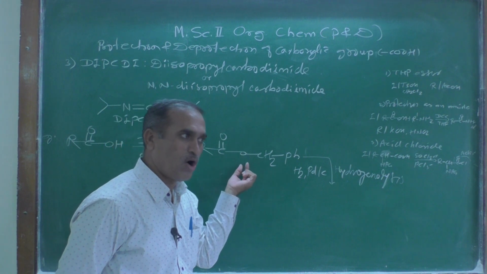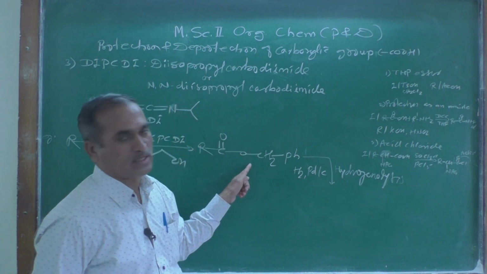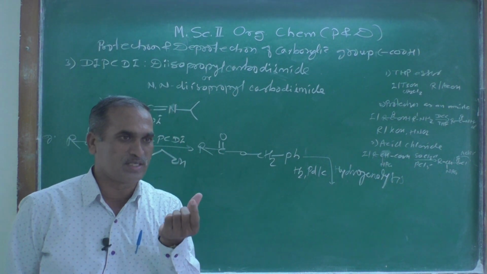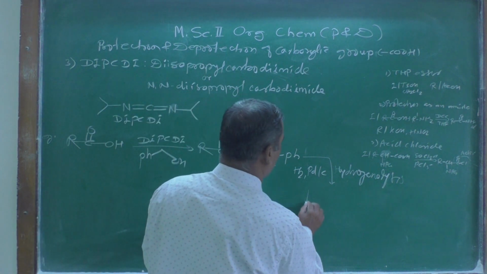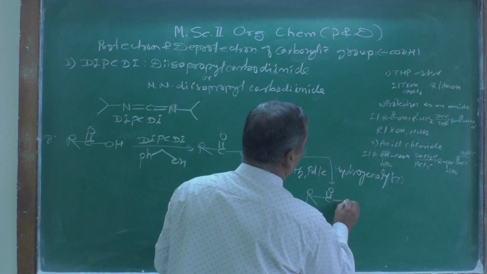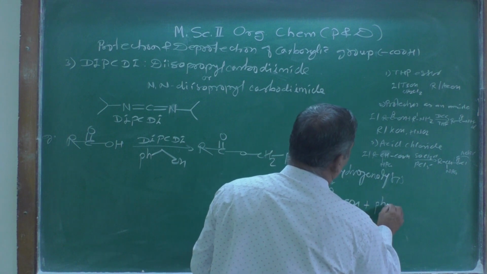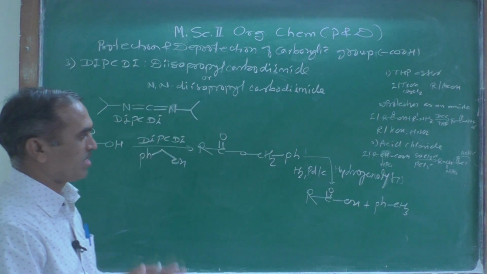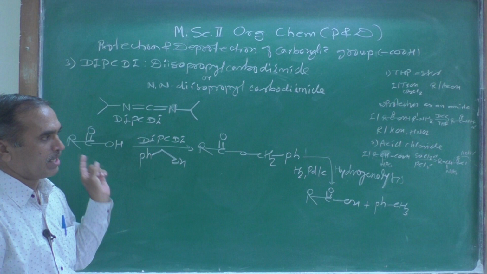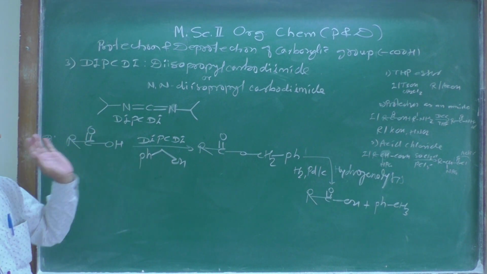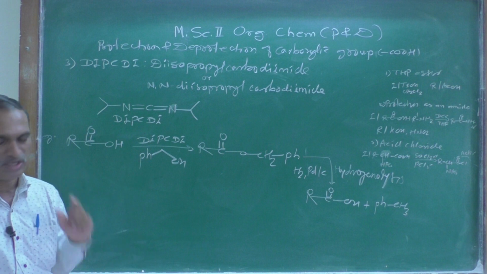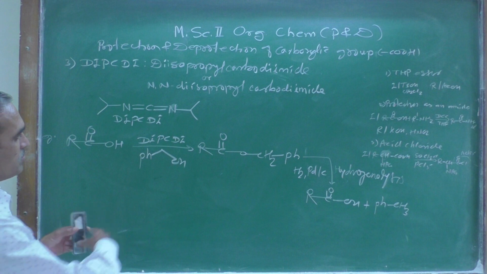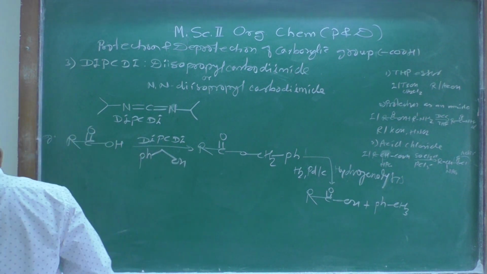here principally the oxygen atom, and this bond is cleaved. On one side you get our original carboxylic group free, R C double bond O OH, and the side product is Ph, that is toluene. Toluene is obtained as a side product in this reaction. So this is the simplest representation of this reaction. Observe this reaction carefully.